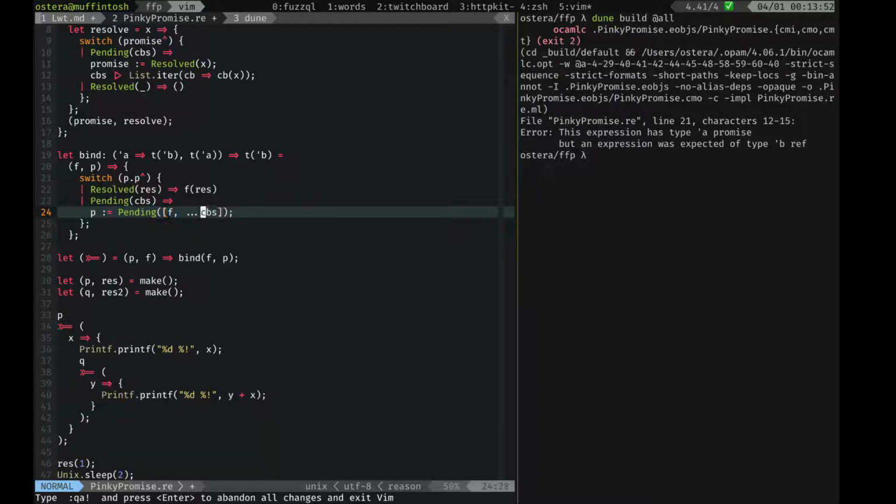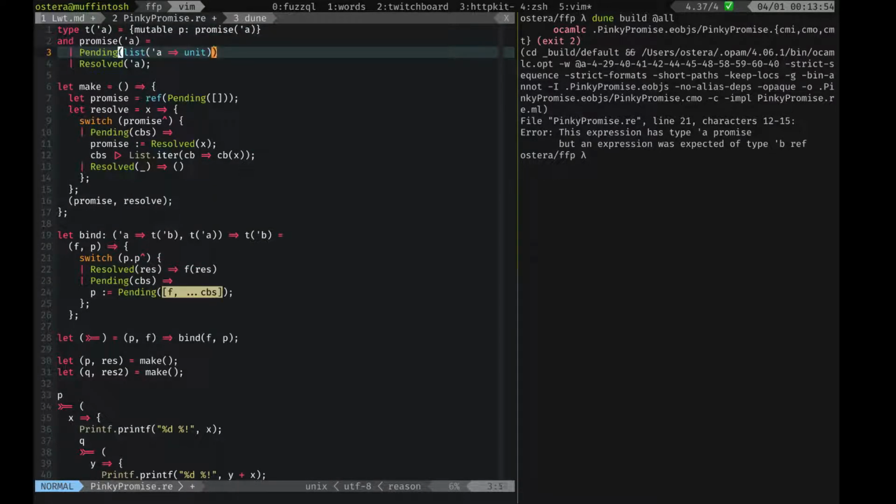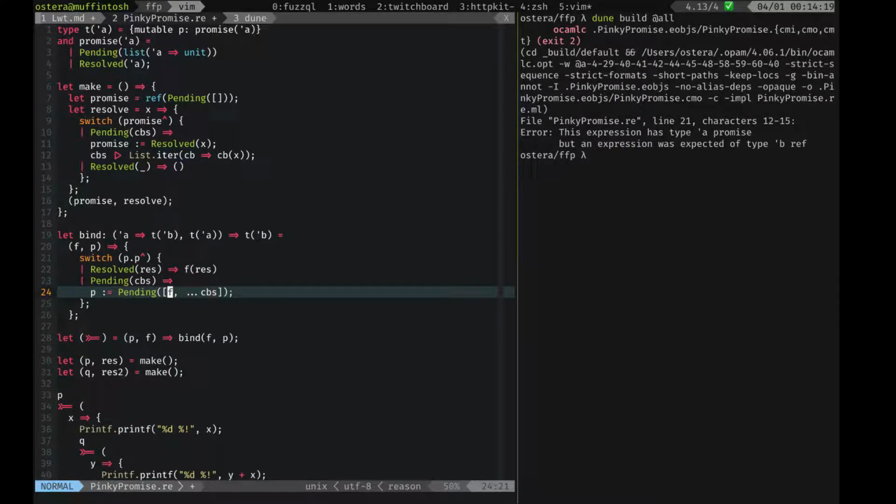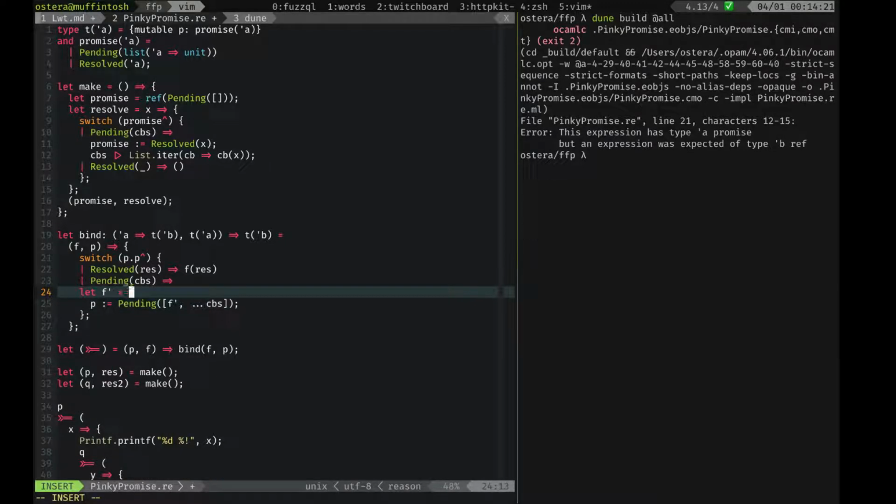Because subscribers have type some type to unit, and f clearly does not behave like that. F returns another promise. So if we call f, so this will be some a, and if we call